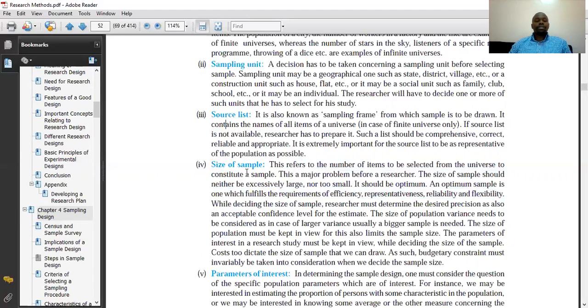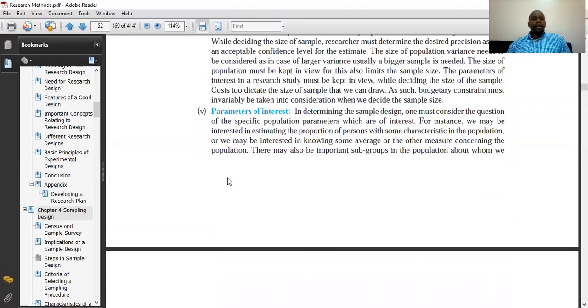So the sample size should be determined by the sampling unit or the source list. In other words, the amount of population, and also the subject at hand, the subject you are dealing with. Then parameters of interest. Parameters of interest are the particular groups in that particular sample size that we are more interested in,